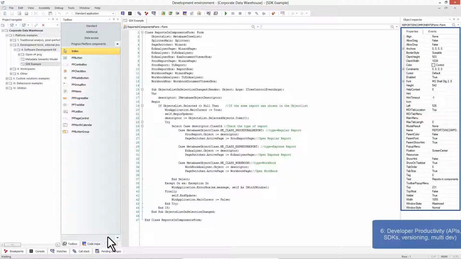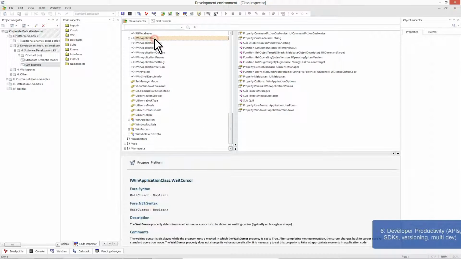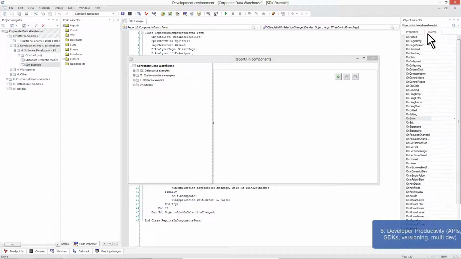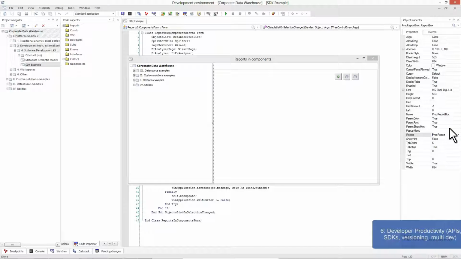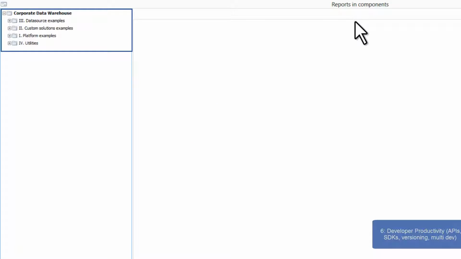The component library appears on the left side, with the properties panel on the right side. The developer can use Code Inspector and the Class Inspector. The form designer enables the developer to create application forms using the component library and properties panel. Let's launch the form. In this example, the filtered repository object tree appears on the left side of the form,